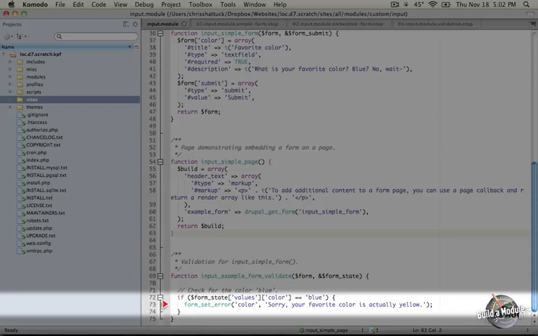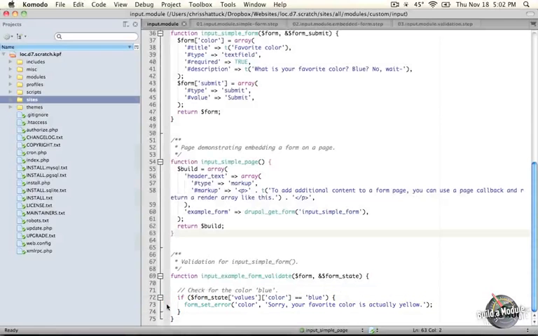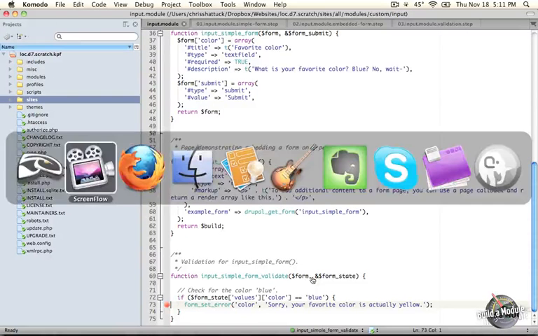I'm going to use my debugger for that. And if you're curious about how I'm using this debugger, there are a couple of videos in this series that describe it in more detail. But basically what I'm going to do is set a breakpoint, and that will stop the execution here, and we can take a look at both the form and the form state arrays. Then I'm going to jump to the browser,